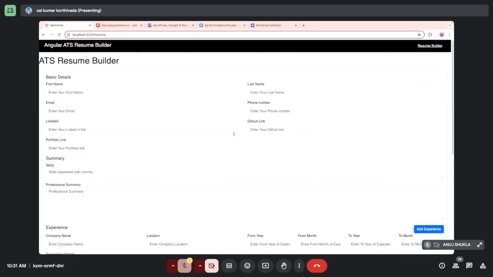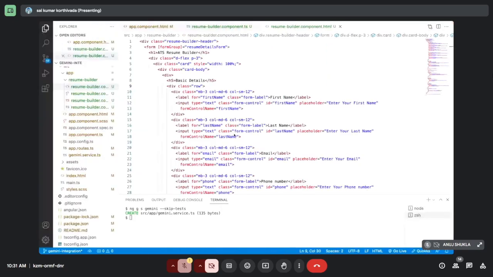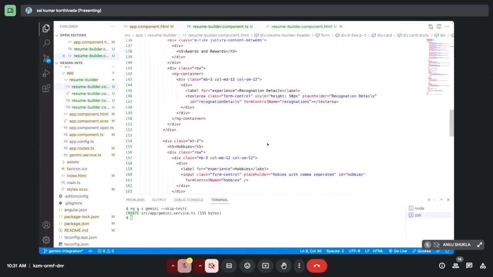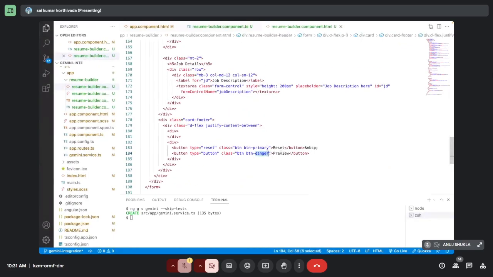So let's see how we have to implement that. As of now, I haven't integrated this with Gemini, so let's do that. First thing is, we have something called preview. This is a preview button. On clicking this button, we have to execute some set of logic. What we are executing over here is, first we have to send the data to our